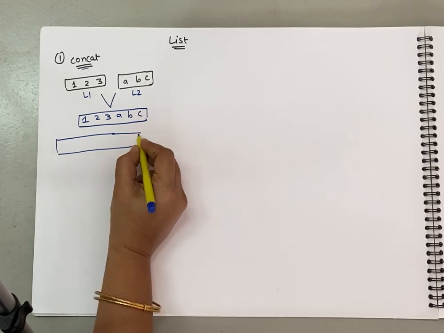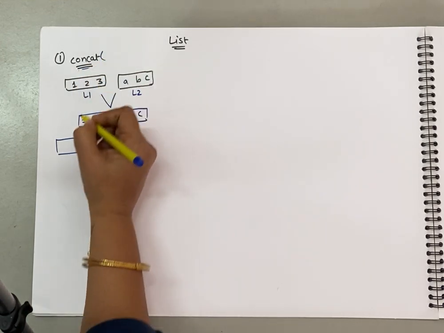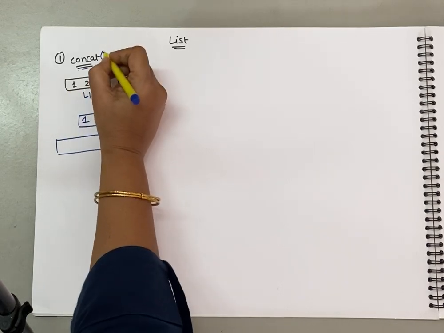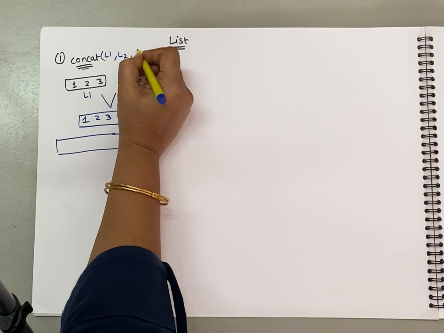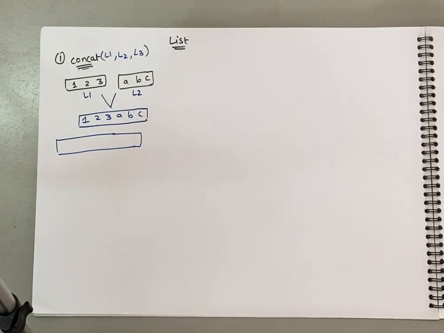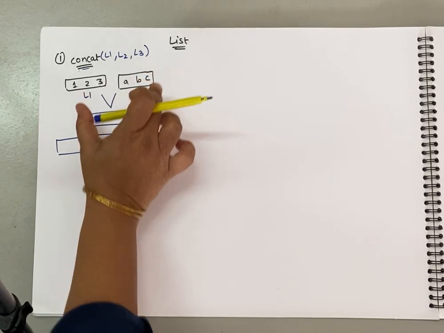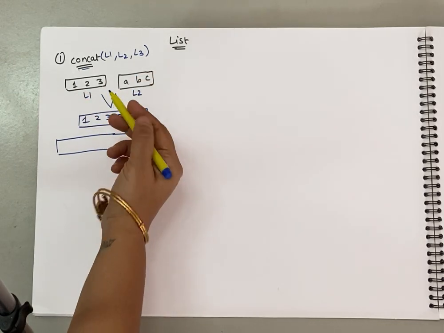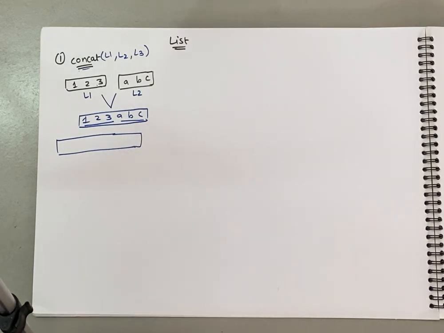So we all know that a list cannot be accessed simultaneously. How many parameters should our concate have? First of all, we need to pass list 1. Then we need to pass list 2 and the resultant list should be generated. Let us say it is list 3. Now what happens? Manually when you concate list 1 and list 2, list 1 will be in the beginning and then it is followed by the entire list 2. So element by element you are going to copy it.